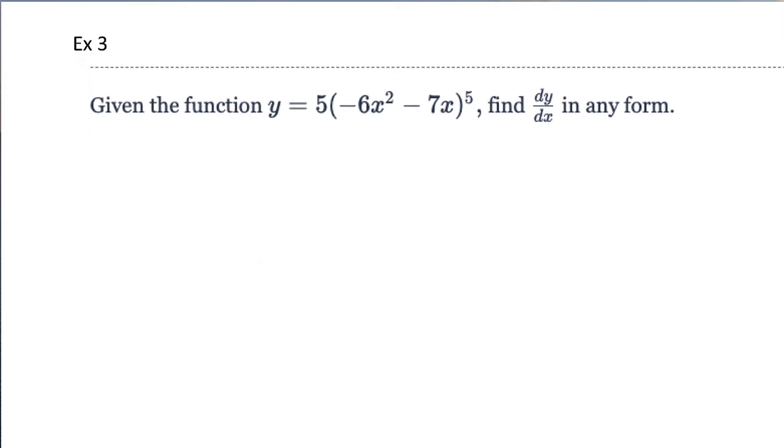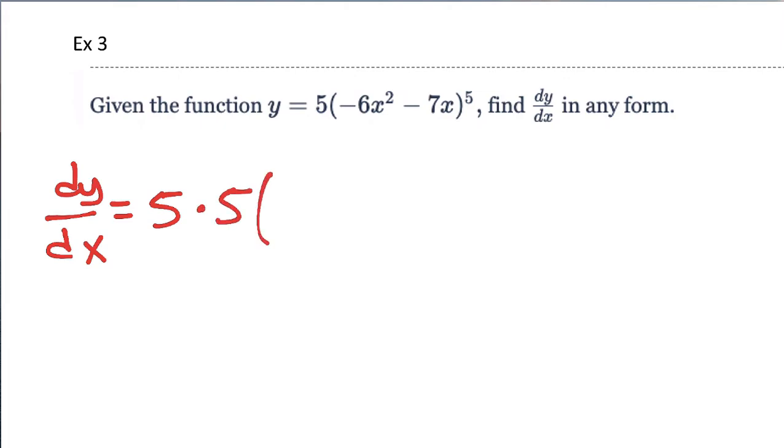Example 3 here. That 5 out in front, that's just a constant. So if we're going to find the derivative, dy dx is equal to, we have that 5 out in front. Now, we're going to bring the 5 down. We're going to leave all of this alone, negative 6x squared minus 7x, but we're going to do it to the 4th power because that's the power rule, times